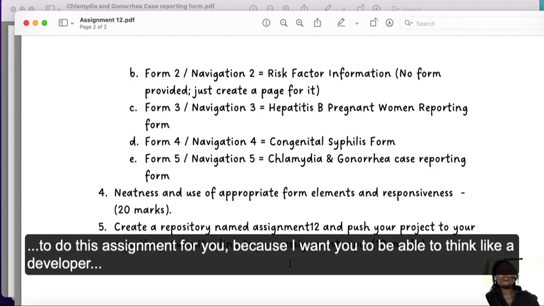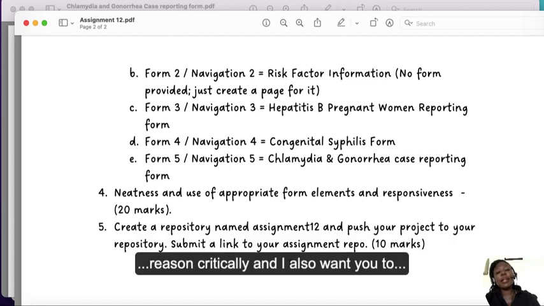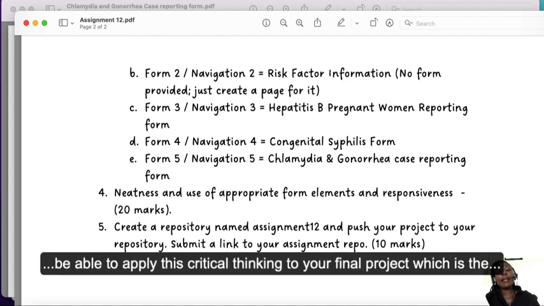I really do not want to do this assignment for you because I want you to be able to think like a developer now as you're going to the end of the course. You should be able to make decisions and reason critically. And I also want you to be able to apply this critical thinking to your final project, which is the